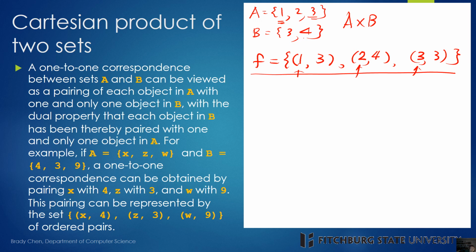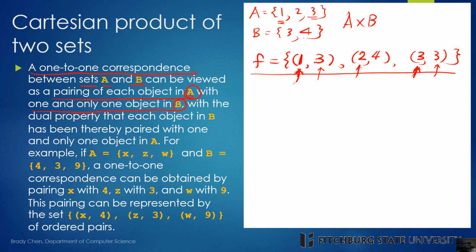Now this relationship is not a one-to-one relationship. Okay. Now what is a one-to-one relationship, or one-to-one correspondence? The one-to-one correspondence between sets A and B can be viewed as a pairing of each object in A with one and only one object in B. So here the element 1 pairs with the element 3 in B, right? But is that 3 the one and only one object in B? The answer is no, because we have another element in A, which is 3, that also pairs with 3. So we have two elements in A, 1 and 3, both pairing with 3. So that's not one-to-one